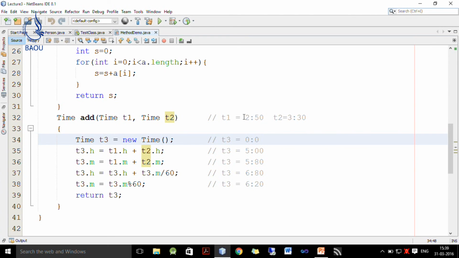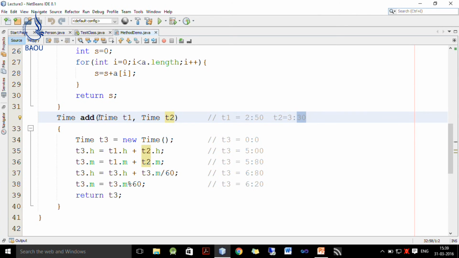Now, I want to add these two times. So, the answer may be 6:20, which you can calculate yourself, because 50 plus 30 results in 80, but 80 minutes is 1 hour and 20 minutes. So, 2 plus 3 is 5, plus 1 hour and 20 minutes. So, we can say 6 hours and 20 minutes.